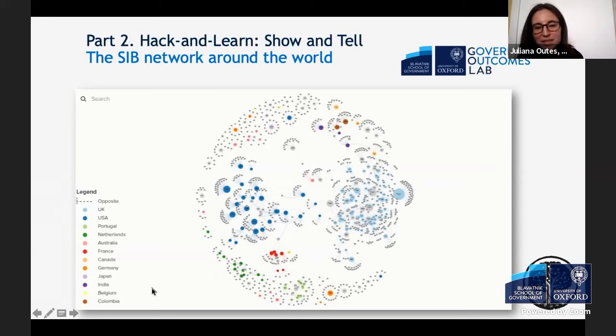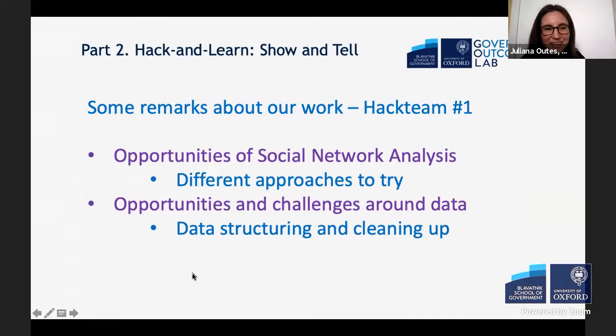So can we go to our next slide, please? We did a lot of graphs, but we decided to share only 2 because 5 minutes is very few, and we want to share some remarks about our work, and we're going to divide them into 2 parts. Our first remarks are related to the opportunities of this type of analysis, which is social network analysis. We concluded that it is a very useful tool to understand this type of networks, and there is